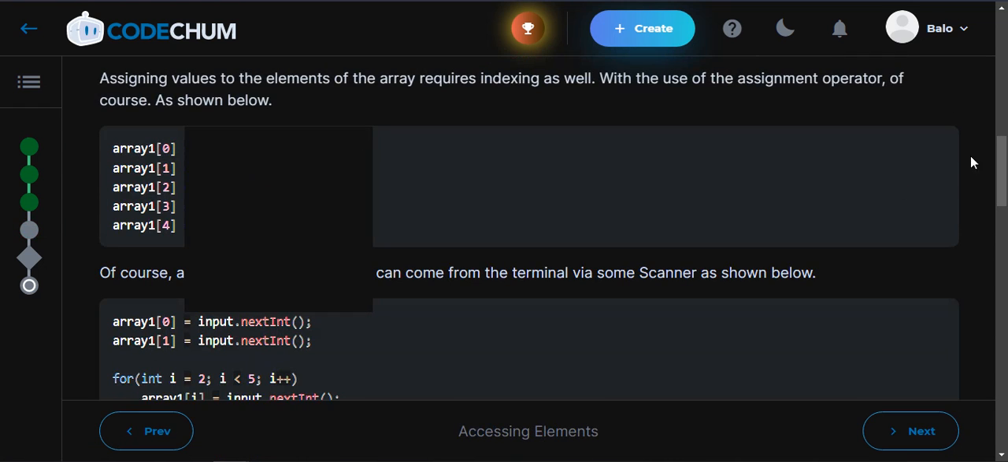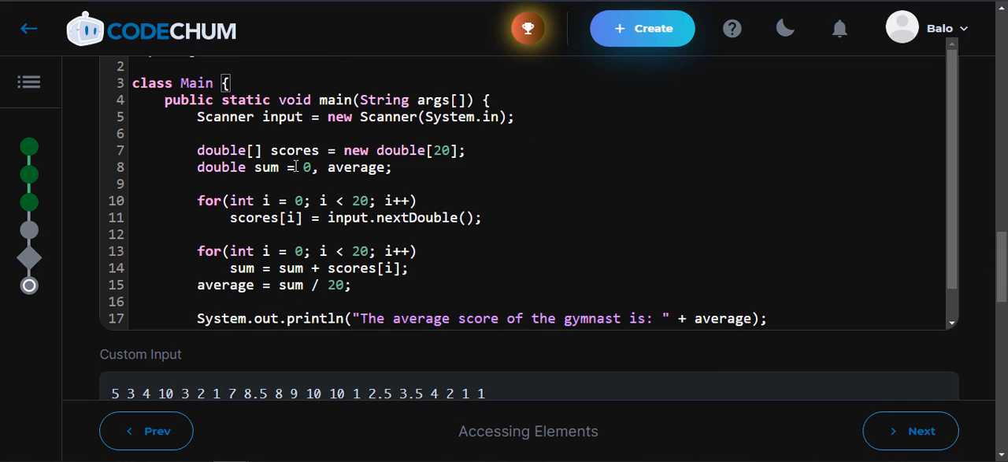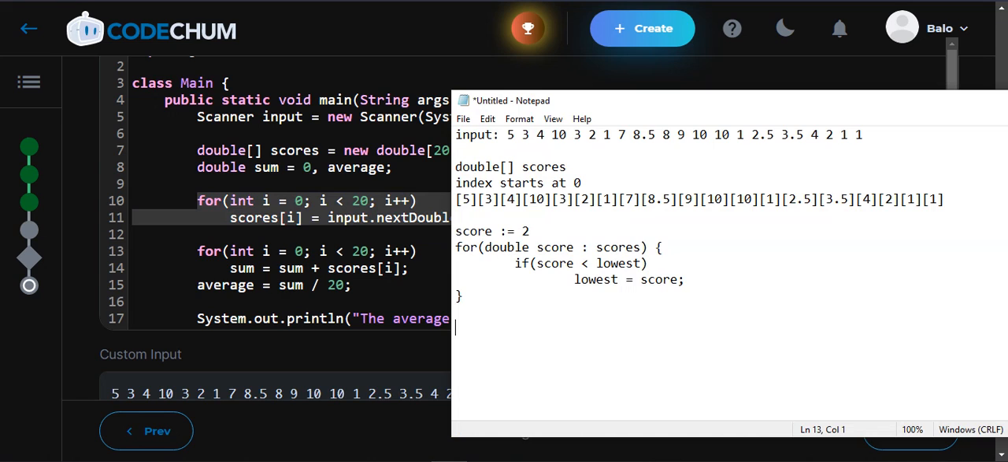Going back here, the size of our double array scores is 20. Now here's a much more convenient way, so you don't get confused. You could accidentally input a number that will cause your program to exit unexpectedly. So instead of putting a constant value of 20, you could simply do this one, scores dot